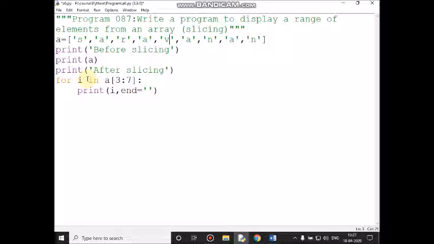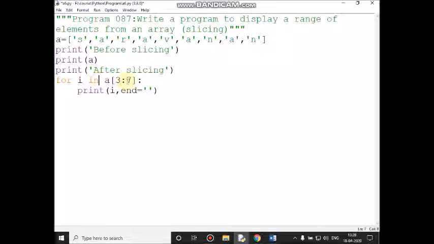Then A of fifth location is A, A will print, then the cursor will wait. And now A of sixth location value is N, N will print, then the cursor will wait, immediate next line.